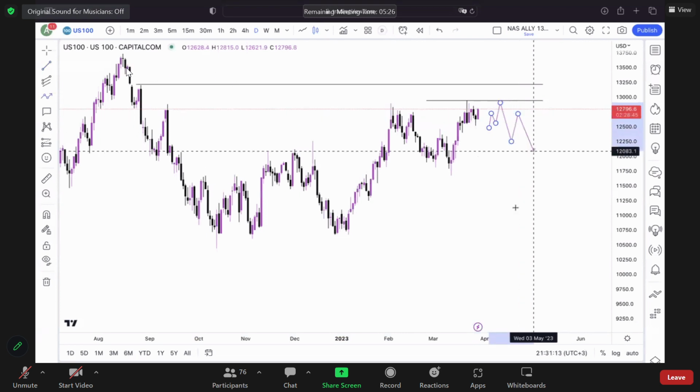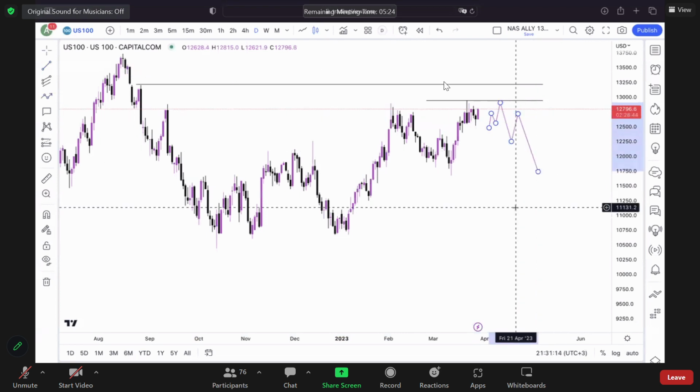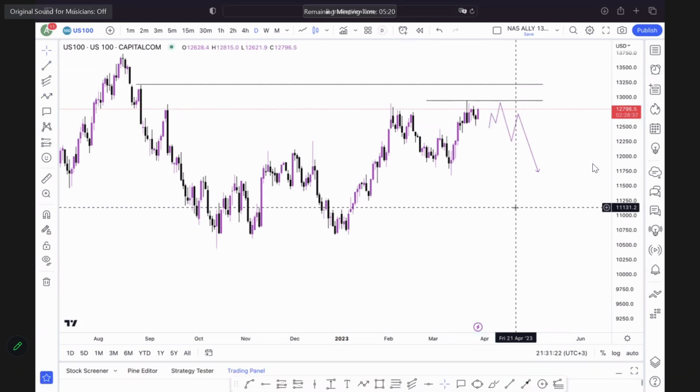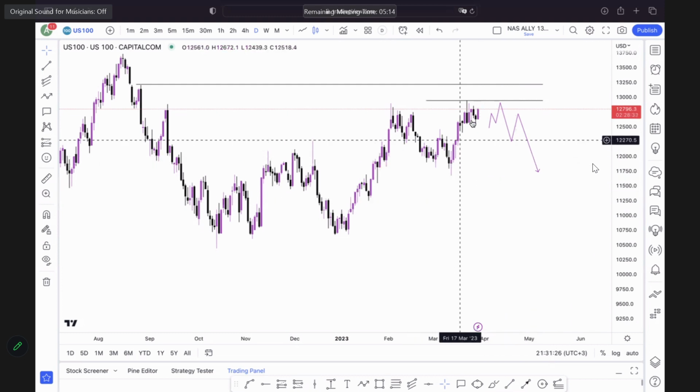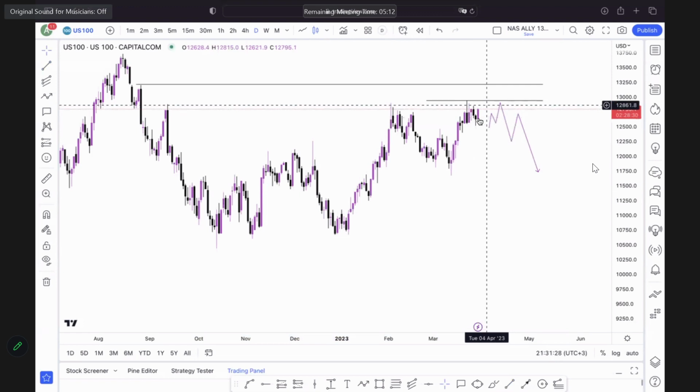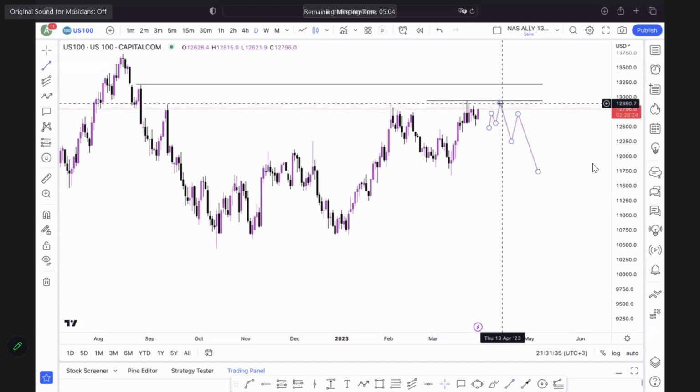Don't try and catch the sell on the tip of the turning point. Because most of the time when you're trying to catch it on the tip of the turning point, when the market is so bullish right now, you're going to get induced. That is what the market is trying to do. So if we look at this on a smaller time frame, now let's go to 4 and 1 hour.